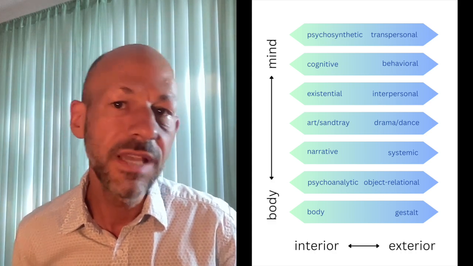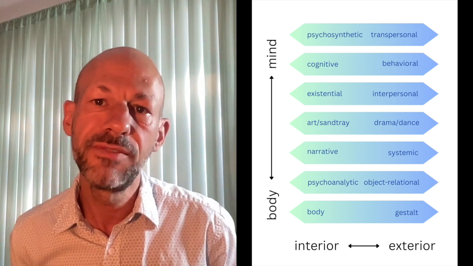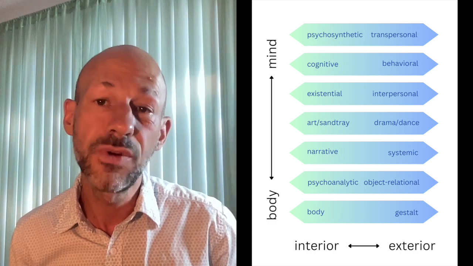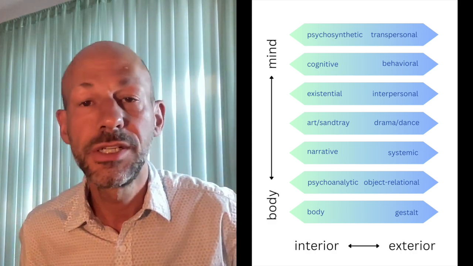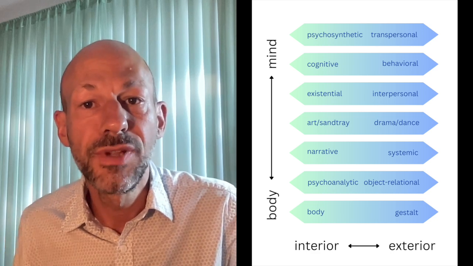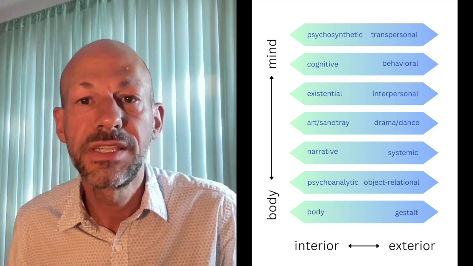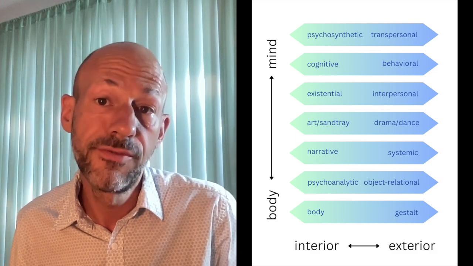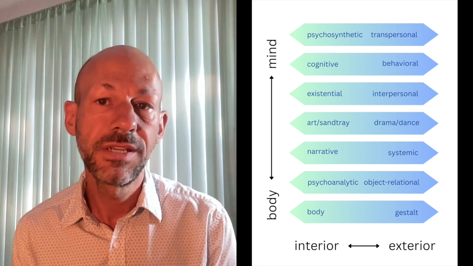And those subdivisions that I mentioned, we end up getting one subdivision that's more inwardly focused on the interior of the person, and the other sub-tradition is more focused on the relationship between the person and the outside world. And so you end up with these 7 pairs of traditions, which give you a variety of approaches,